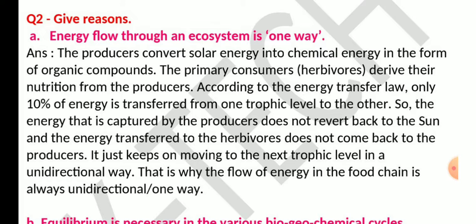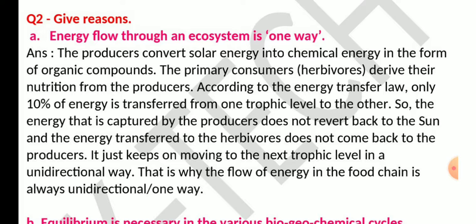The primary consumers, that is herbivores, derive their nutrition from the producer. According to the energy transfer law, only 10% of energy is transferred from one trophic level to the other. So, the energy is captured by the producers, does not revert back to the sun, and the energy transferred to